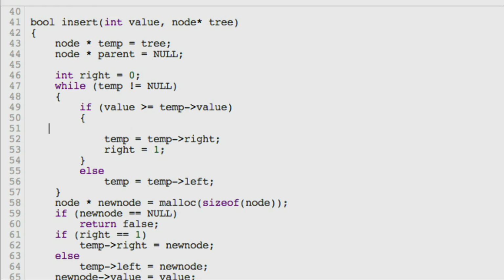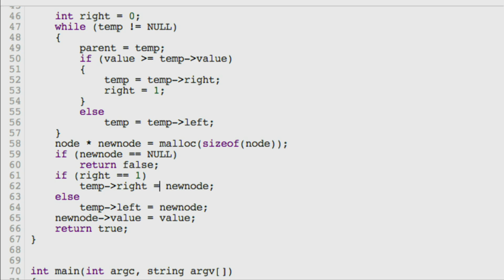If temp is not null, then I'm going to move down no matter what to a node for which temp is the parent. So parent's going to be temp. And then I move temp down. Now temp is null, but parent points to the parent of the thing that is null. So down here, I don't want to set